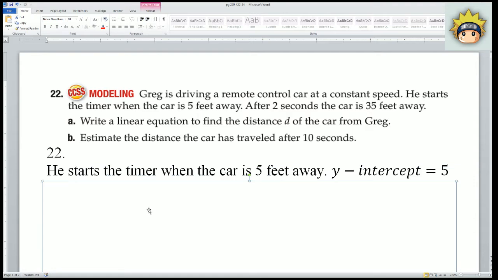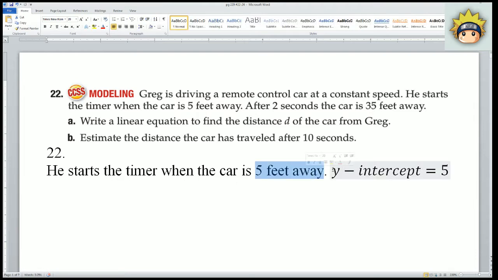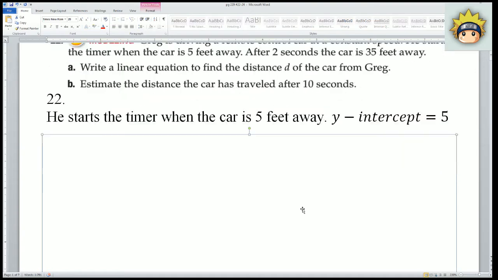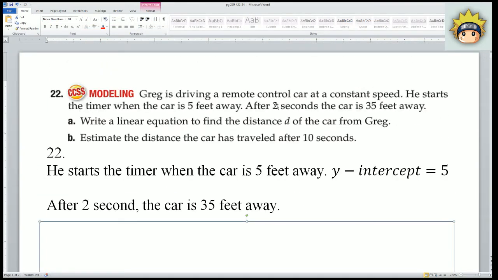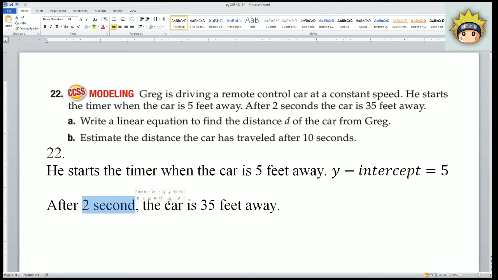The first thing to look at here is that Greg is driving a remote control car at a constant speed. The words constant speed just mean you can use a linear equation. He starts the timer when the car is 5 feet away. That is very important information. When it says 5 feet away from him, that means the y-intercept is equal to 5. Next, after 2 seconds,